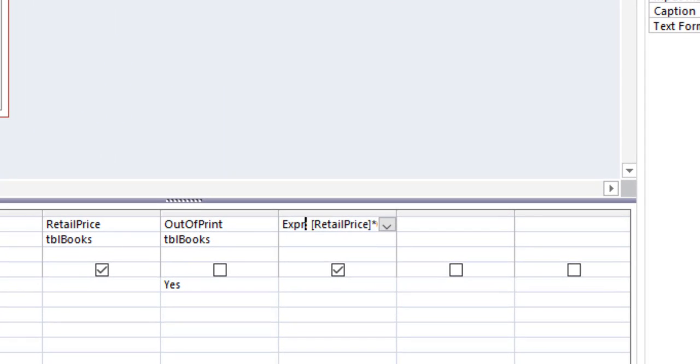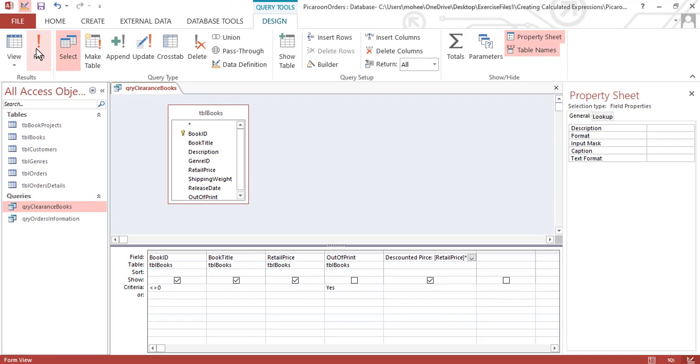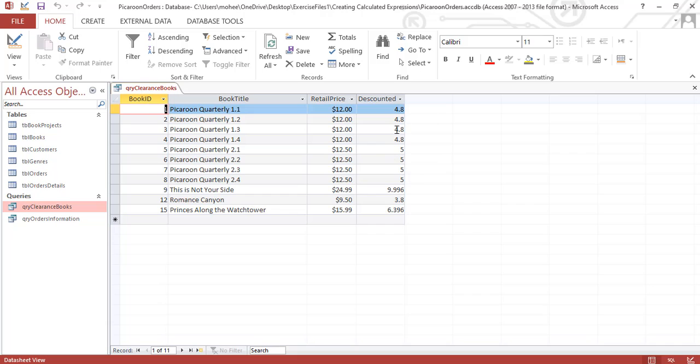Now when we run the query, we'll find out that a sale price is generated. Here we can change the field name. You can see Access by default gives an Expr1 name to the field. So if you don't like that name, we can change it, for example to sale price.